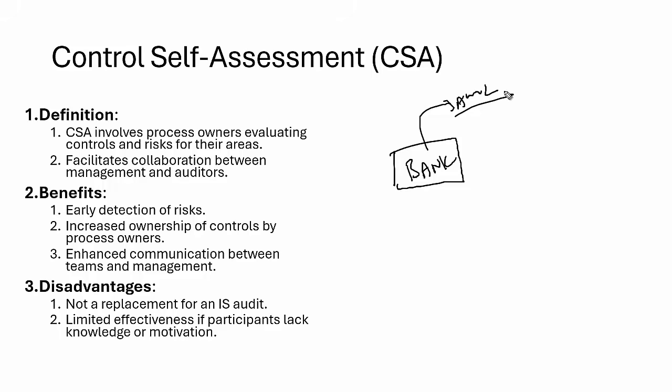Here we have one role called a facilitator. The CSA facilitator is a compliance officer with expertise in AML regulation. The key stakeholders include the branch manager, compliance officer, and IT support staff. The objective is to evaluate the effectiveness of existing controls and also identify and report suspicious financial transactions. In CSA, we run a workshop. The facilitator will conduct the workshop with stakeholders to identify gaps in the AML process, and participants will fill out the survey to self-assess the effectiveness of existing controls, such as the transaction monitoring system, staff training program, and all that.